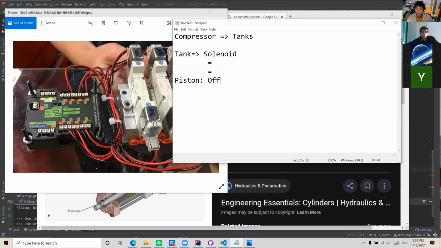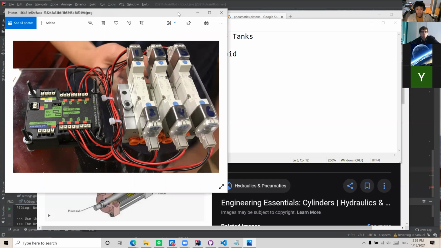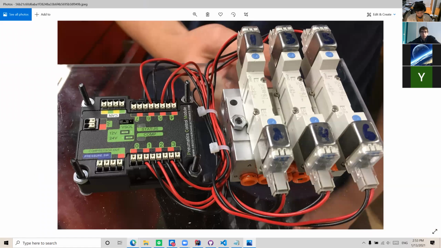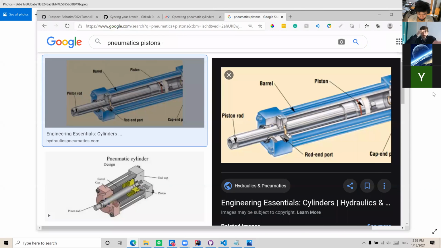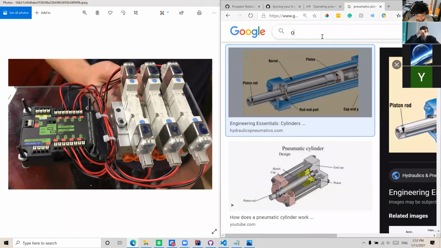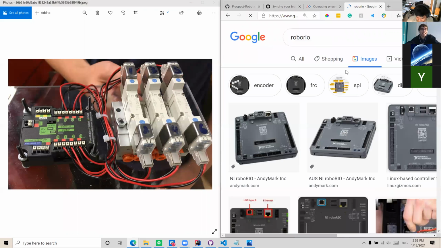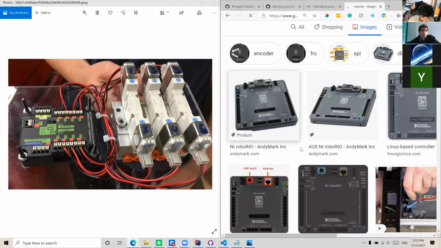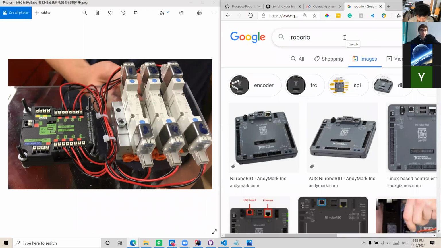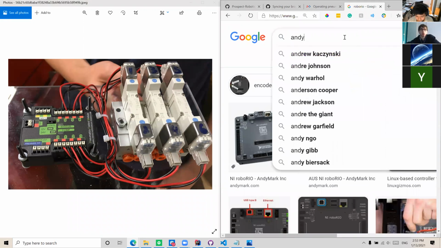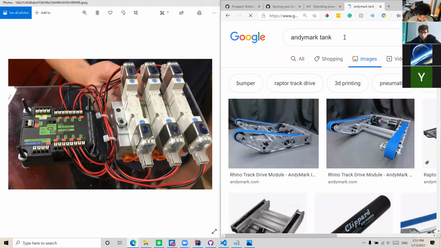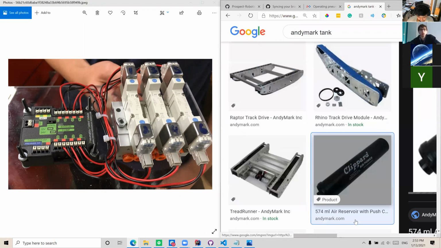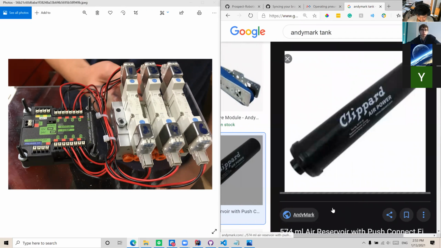So Samuel, can you put the picture in focus? Yes, no problem. So basically, on the left, we have the pneumatic control module, and that's connected to the Rio. It's so we can plug each of the solenoids into it so that we can electronically control them. Then over on the right, we have the solenoids, and it's actually getting its compressed air